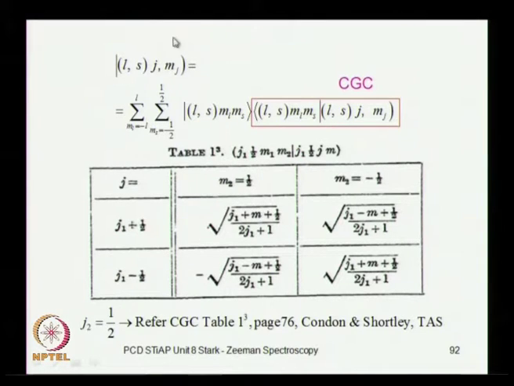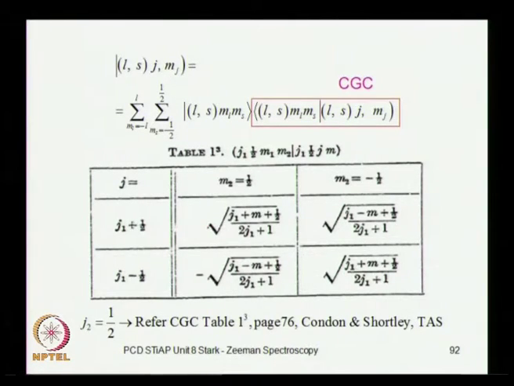So these are the L S J Mj quantum numbers for these 8 states, and you can write these coupled vectors J Mj in terms of the ML MS basis by looking at the Clebsch-Gordan coefficients, right. So here you are coupling L with S, and S we know is 1/2. So the appropriate table to be used is table number 1 from Condon and Shortley, which we have with us, okay. It is also uploaded on the course web page. So this is the table of the Clebsch-Gordan coefficients that we can use,